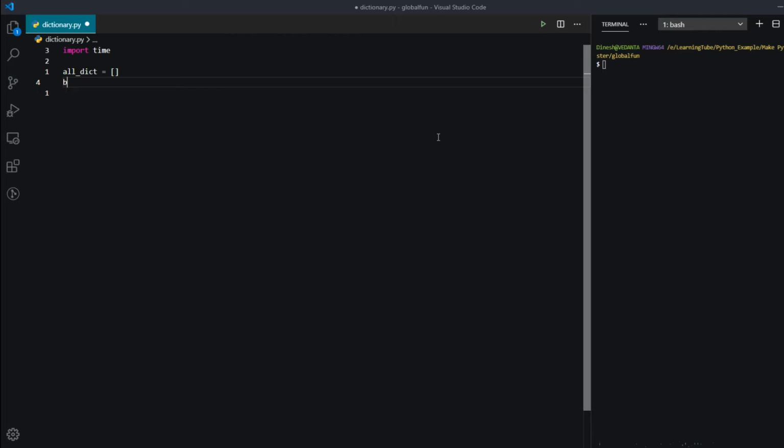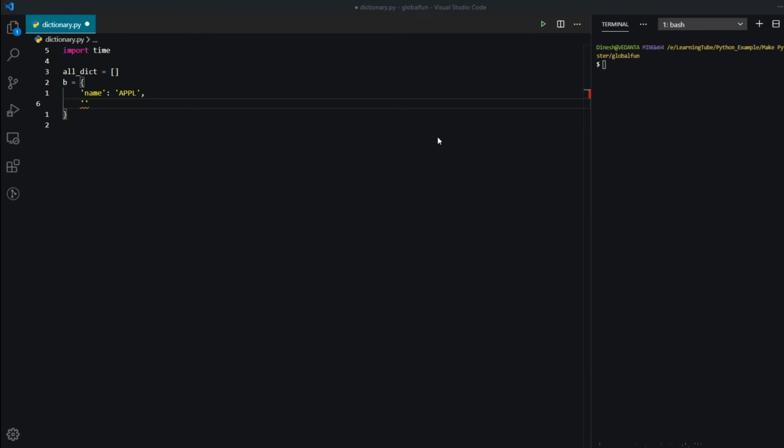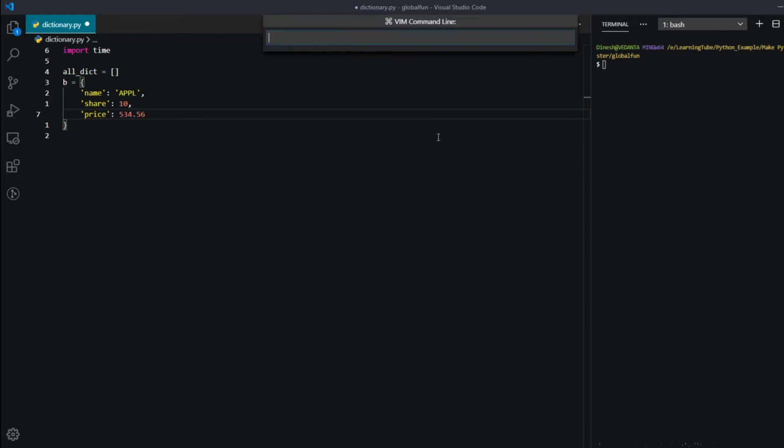So, dictionary B. Okay, this is one dictionary.